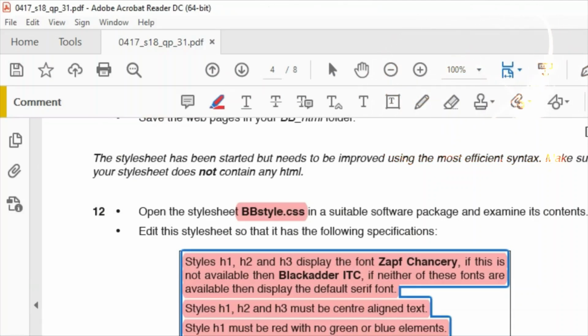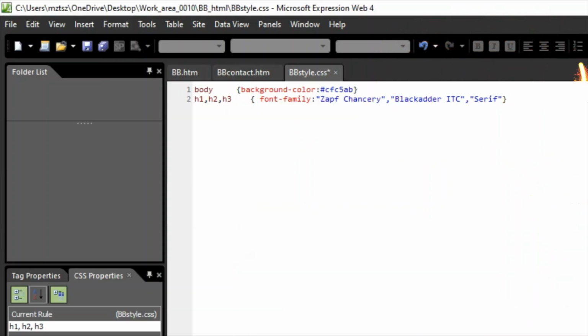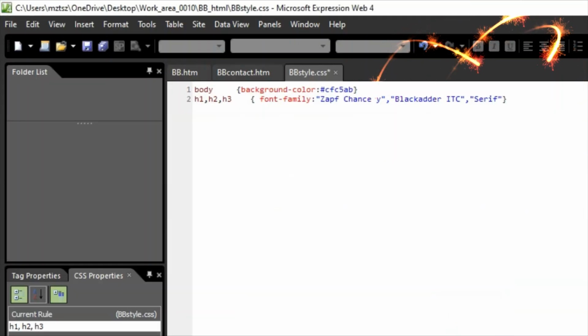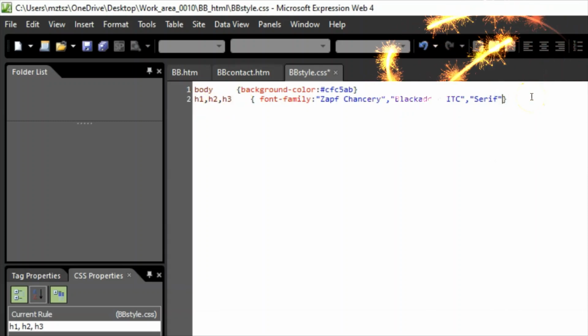Now the next thing I need to do is set the style for H1, H2, H3. Now styles H1, H2 and H3 must be center aligned. Okay, we can do that also. So what we need to do is, this is for H1, H2 and H3. So we will write over here,